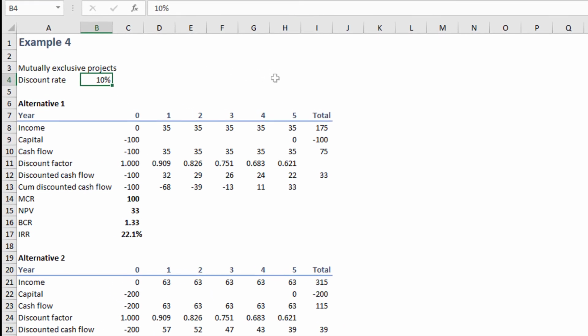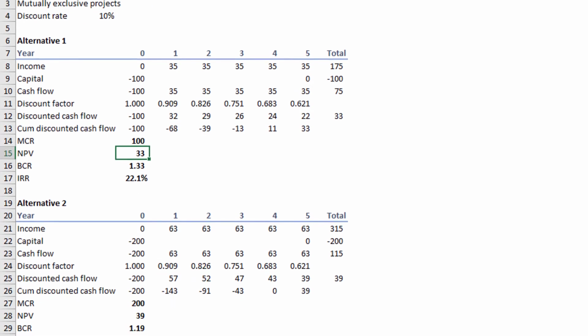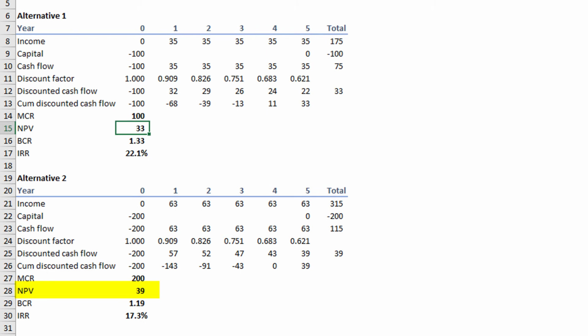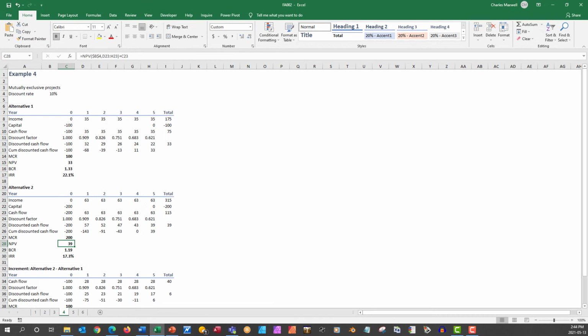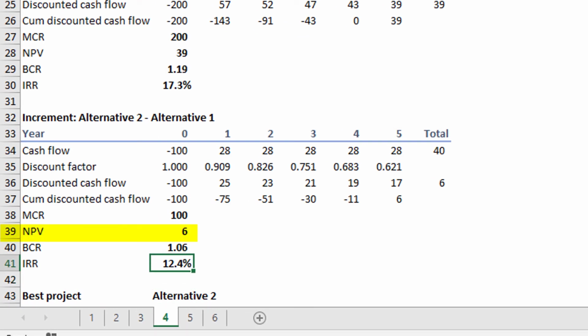Alternative 1 generates a net present value of $33,000 as shown in cell C15, while Alternative 2 generates a net present value of $39,000 shown in cell C28. Clearly, Alternative 2 is better at the specified discount rate of 10% because the NPV for Alternative 2 exceeds the NPV for Alternative 1.